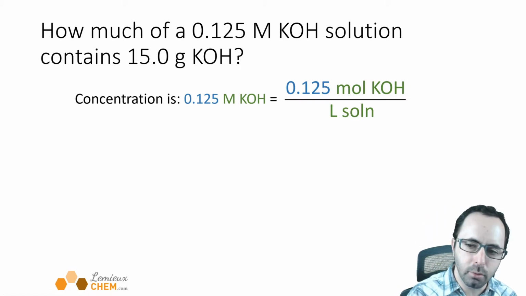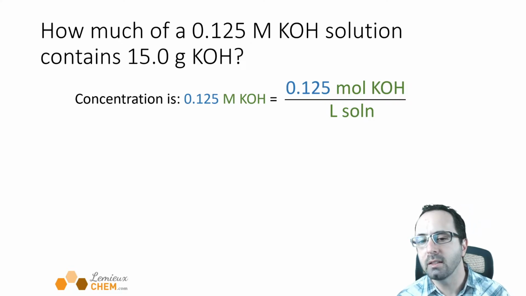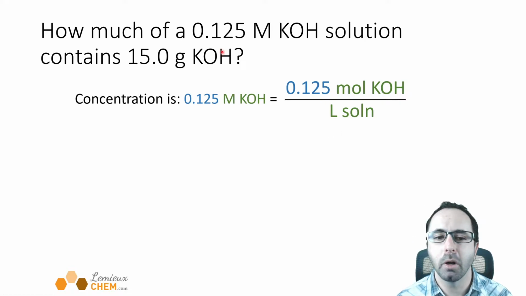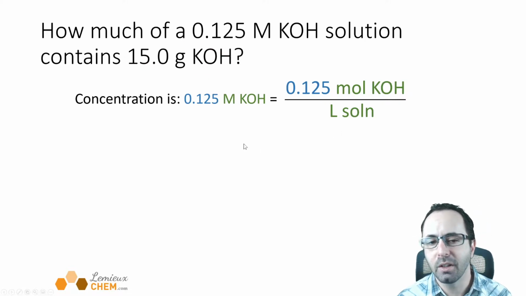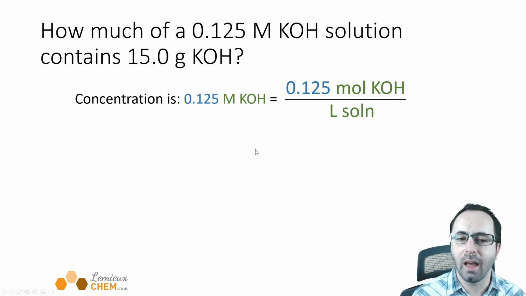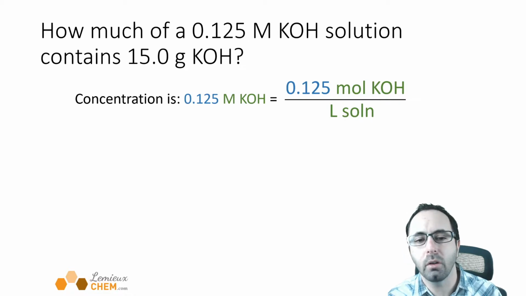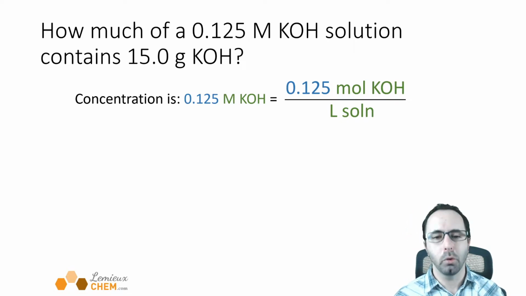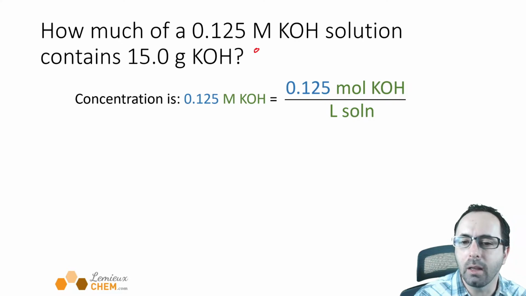There is an issue though, and that is that because we're using molarity, we have moles per liter. But our data is not given in moles, it's given in grams. So we're going to have to convert that to moles. How do we convert between grams and moles? The molar mass, right? So to get the molar mass of KOH,